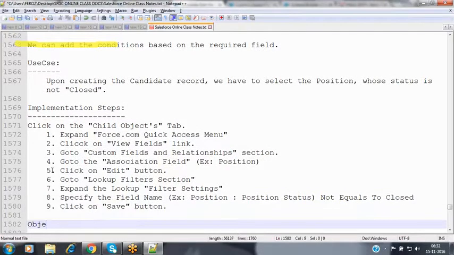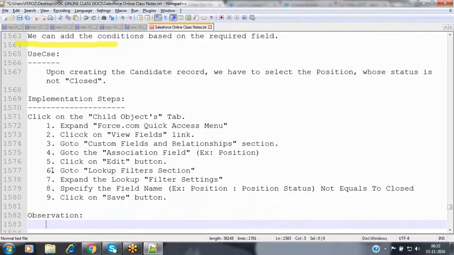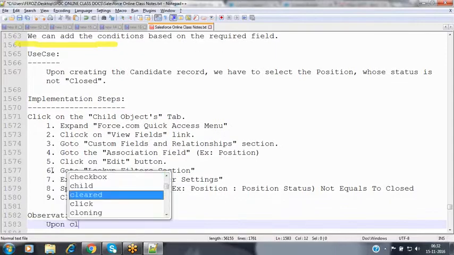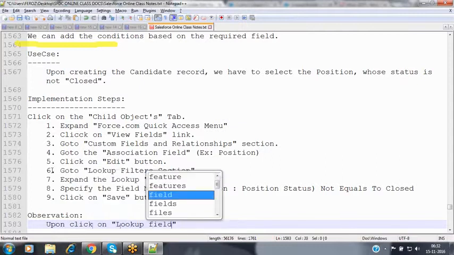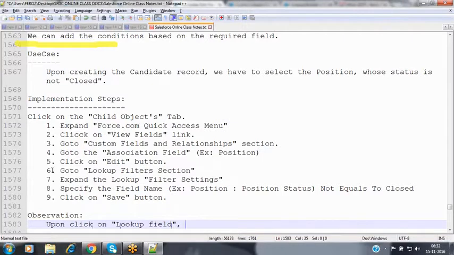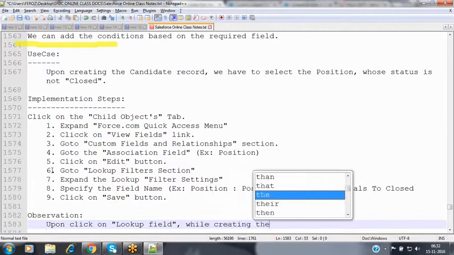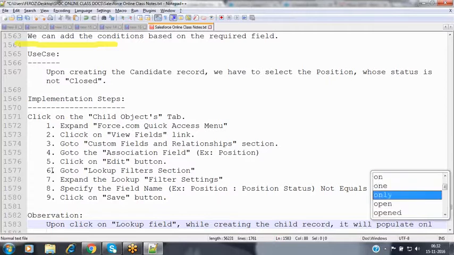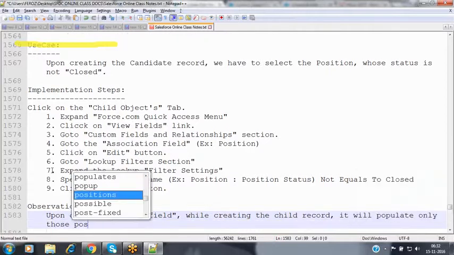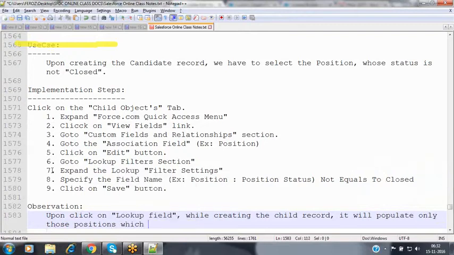So next, the observation is, upon clicking on the lookup field while creating the child record, it will populate only those positions which are not closed.